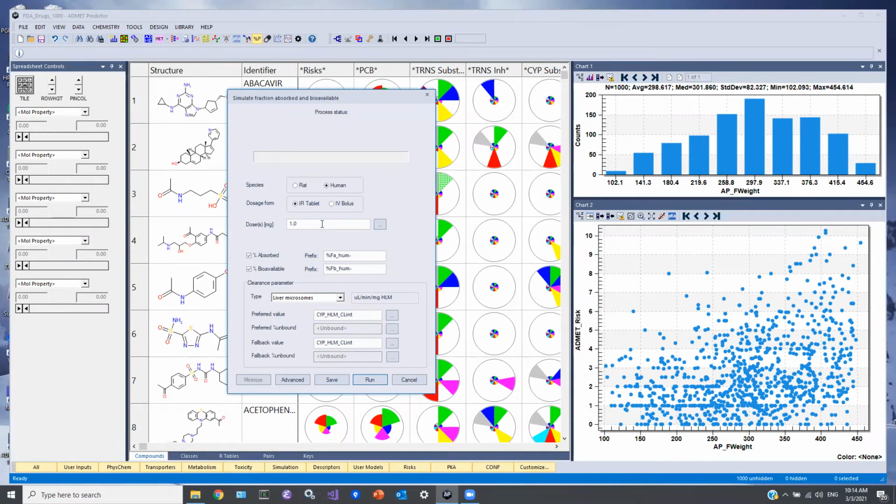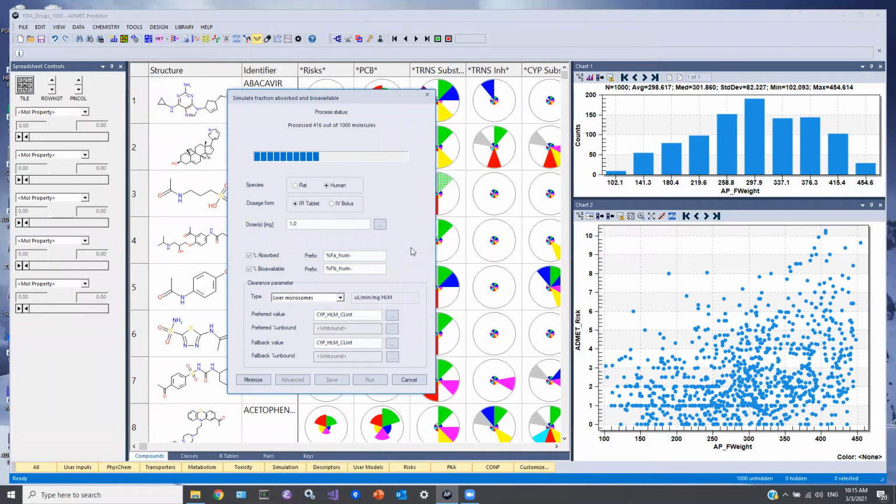Leave the choice of 1 milligram as the dose. Eric explained again that the other parameters like clearance and then those on the advanced dialog are all ADMET Predictor predictions by default, and those can all be overridden with experimental data if you have it, or with models that you've built yourself. You can enter numbers here or fields from an input file. And this all works both from the user interface and from the command line. The command line, of course, also works on Linux. So if I launch that,